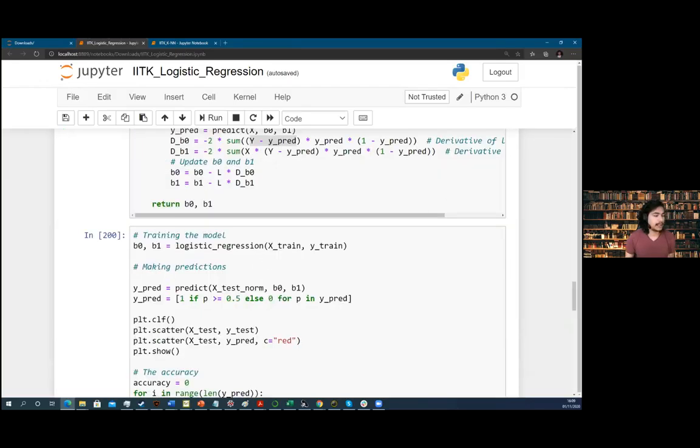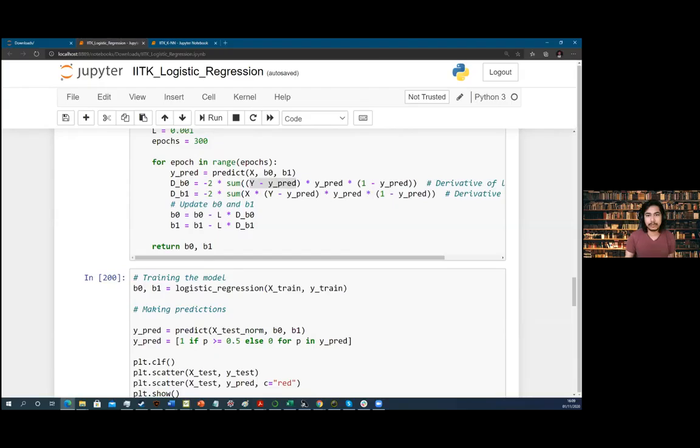So that would be it for today. We have completed logistic regression as well. Now, moving ahead, we have to cover